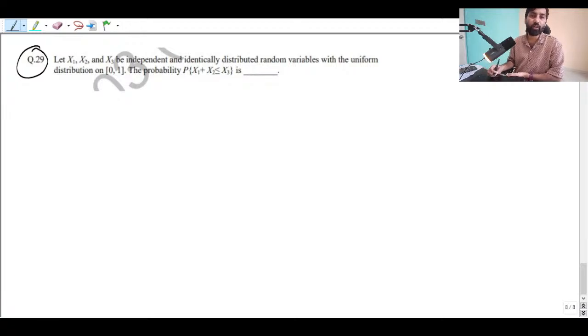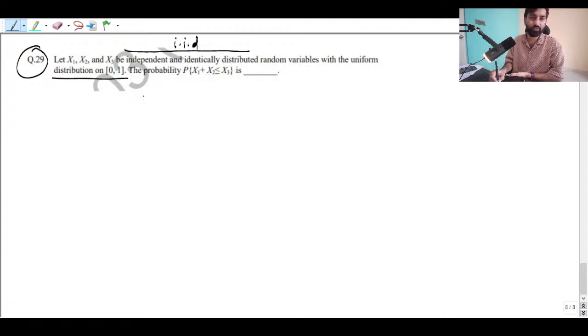So what you can do here is, since they have given x1, x2, x3, they are independent. You can say this is an IID process, not IIT, IID: independent and identically distributed random variables with the uniform distribution between 0 and 1. So simple. What is the probability of x1 plus x2 less than or equal to x3? So first of all, we can draw the region of support for